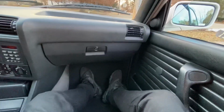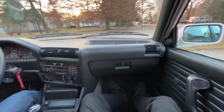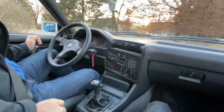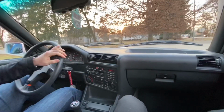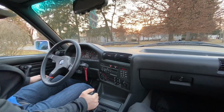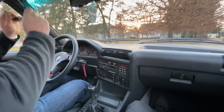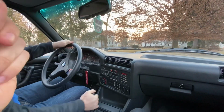Get all my speaker fits in there because my radio don't work. Just E30 things. I did the same thing. Oh, these seats are tight. I see what you mean. Yeah. And I'm not a little guy. I used to be. Not no more. The only thing to be careful of is, I think, down to your left there's a police station, but...